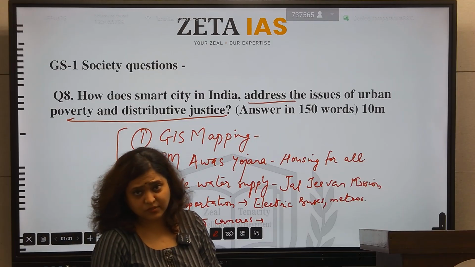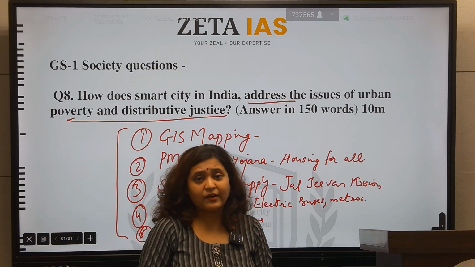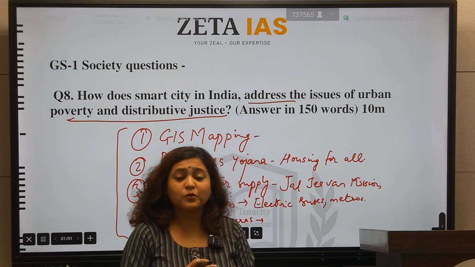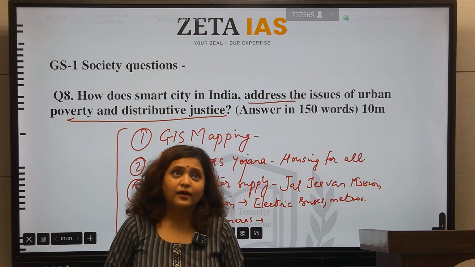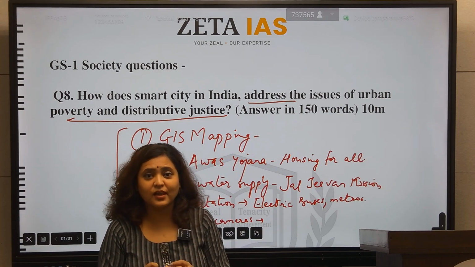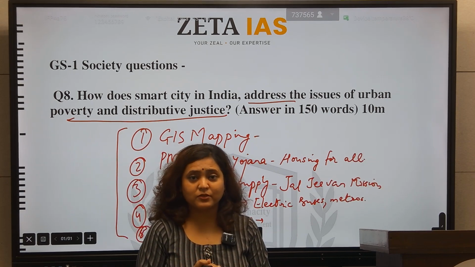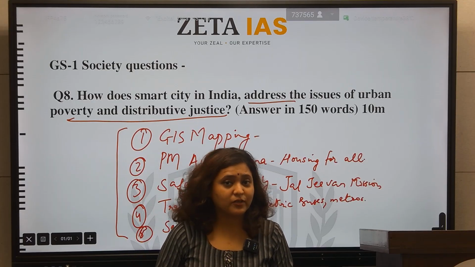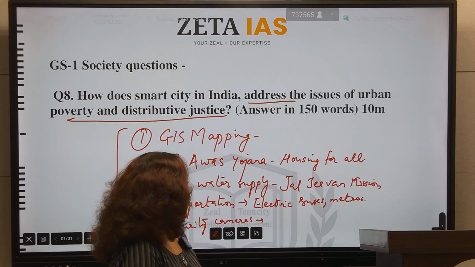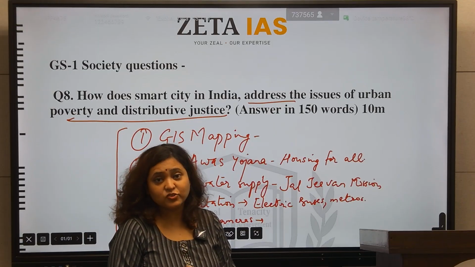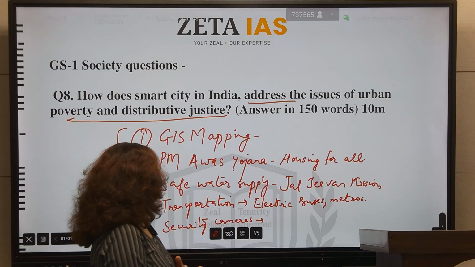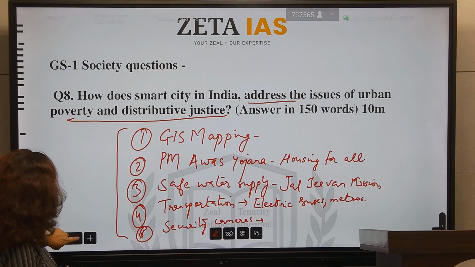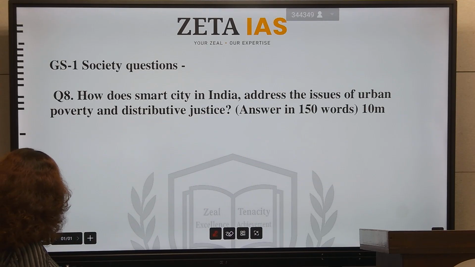Plus, you have to answer in 150 words, so there is a word limitation. UPSC can grant you an allowance of plus minus 5 words, but you cannot exceed it, because it is going to punish you for that. This is one reason why this exam becomes very challenging. So this is the first question. Let's move on to the second question. I hope it was clear to you.